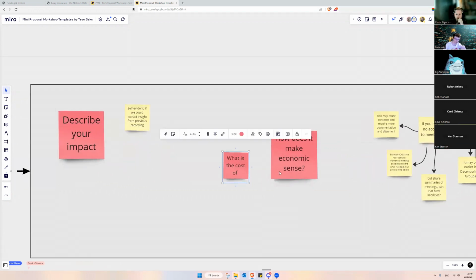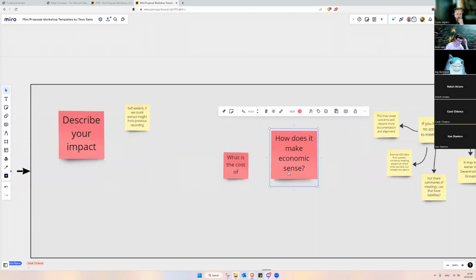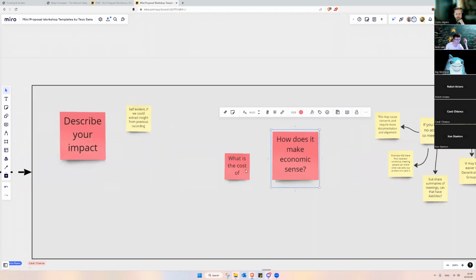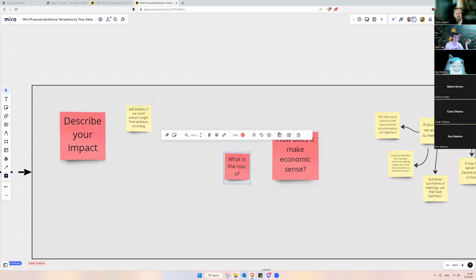I had a more specific question: does it make economic sense? Does anybody in the room have any idea how much it actually would cost to get insights from a meeting file? Like the computational cost, or is it simply the time cost of people uploading it? Are you referring to without this tool as a solution? So like right now, what would it cost? With tool.